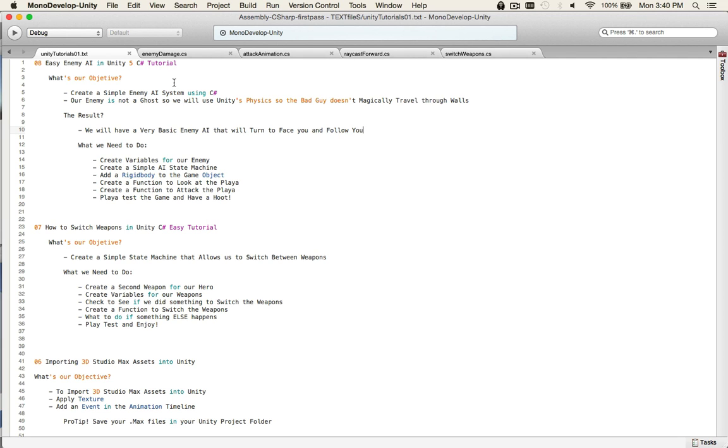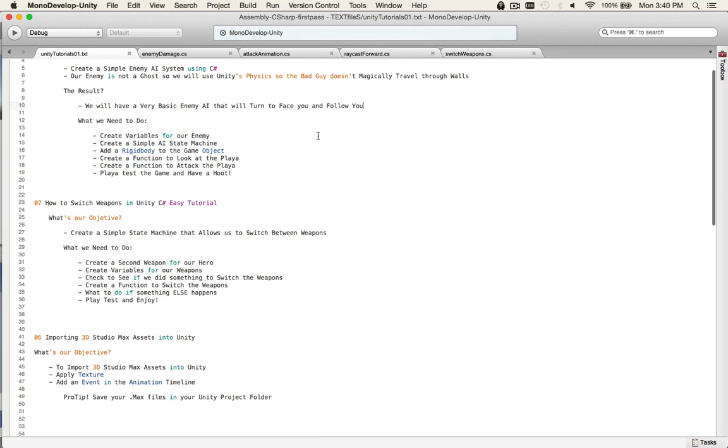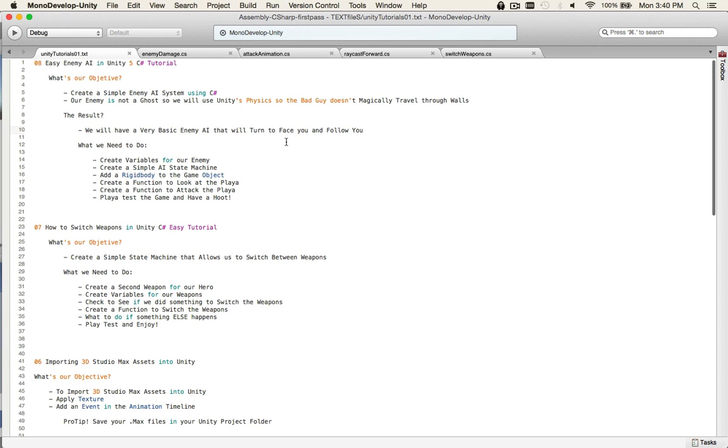Never JavaScript ever. So what we want to do is create an easy enemy AI, as said, and we're going to be using Unity's physics and a rigid body because our enemy, in this instance, is not a ghost. It will not travel through walls magically. The result is we'll have an enemy that will look at you and then chase you around when he gets within a certain range. So we need to create a bunch of variables, create a very simple AI state machine,